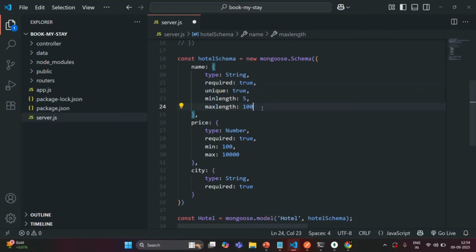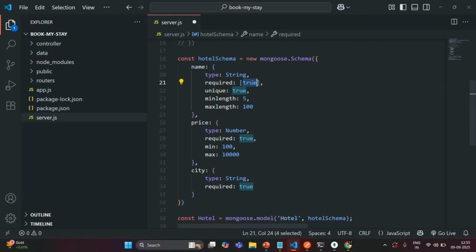All right. Now, when we are specifying these validators, we can also specify a validation error message. When you want to specify a validation error message to that field, instead of assigning the value directly, for example, if the value for this name field is not provided, since I have set it as required, we will get a validation error, but we can also set a custom validation error message. For that, to this required field, instead of assigning the value directly, what I can do is